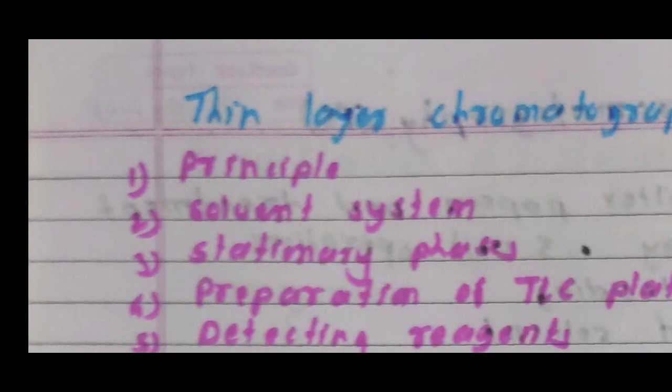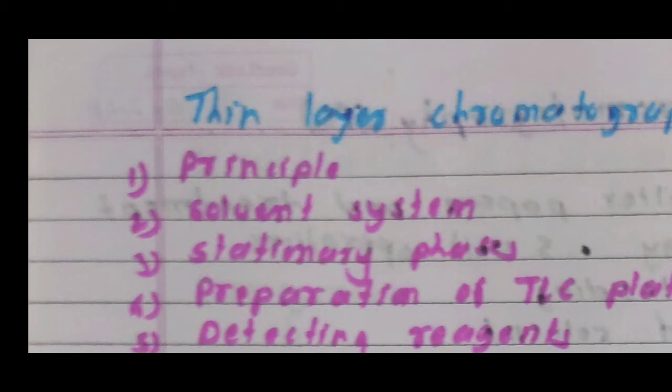The choice of solvent system affects the separation in TLC. A solvent which elutes the solutes too fast cannot separate them. A solvent eluting the solutes too slowly will cause excessive broadening of bands. Commonly used solvent systems differ. For example, when amino acids are separated by TLC, the adsorbent used is silica gel, the solvent system is 96% ethanol and water, or butanol and water, and the spraying reagent is ninhydrin.